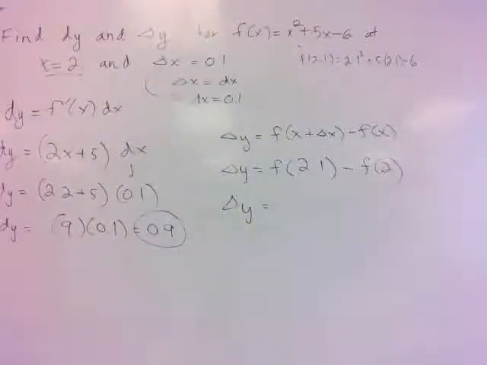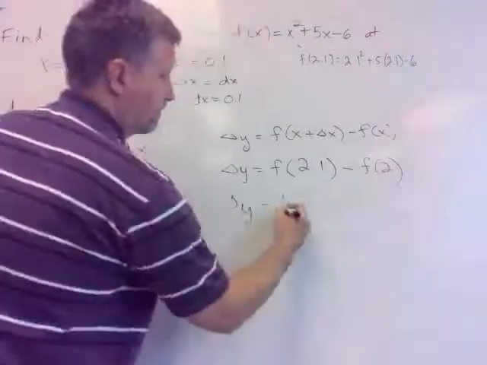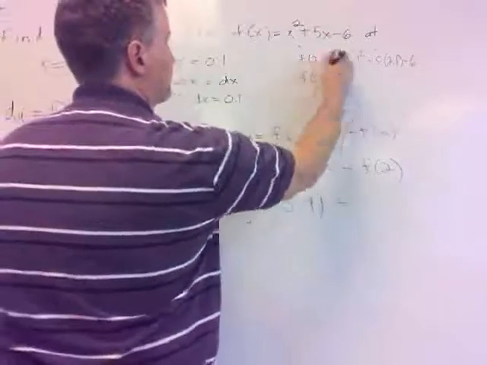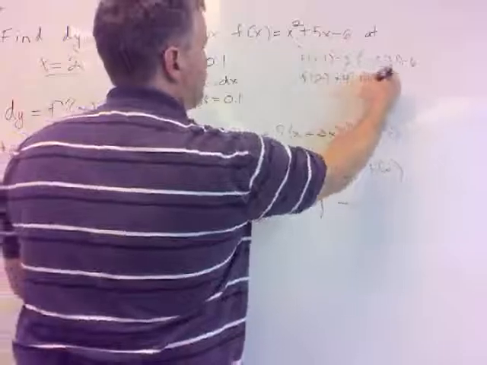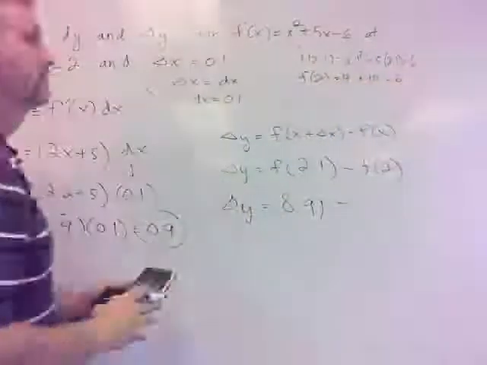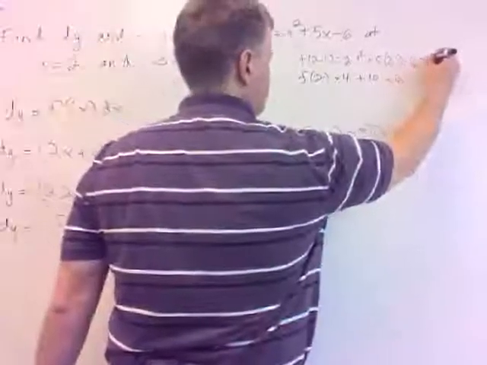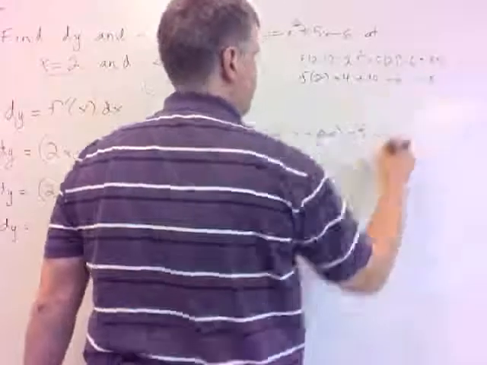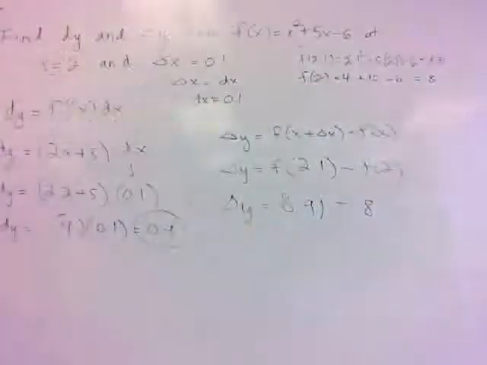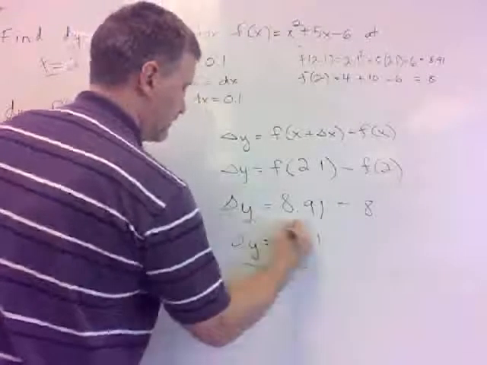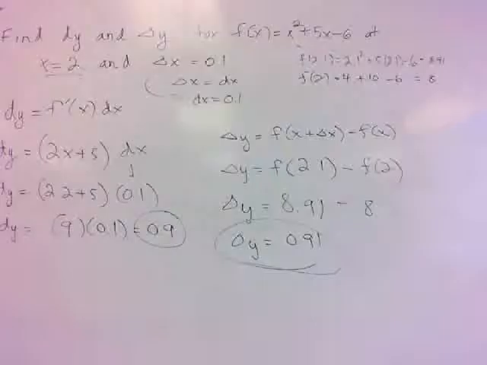2.1 squared plus 5 times 2.1 minus 6. I get 8.91 for f of 2.1. f of 2, well, that's just plugging in 2. That would be 4 plus 10 minus 6, 14 minus 6, which is 8. And so delta y is 8.91 minus 8. That's 0.91. So yeah, these